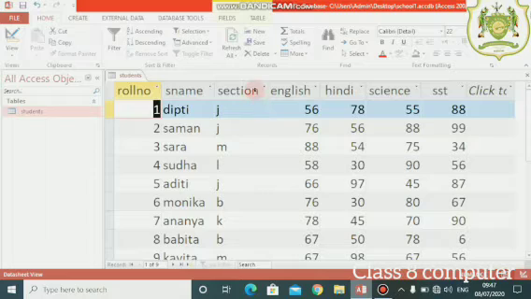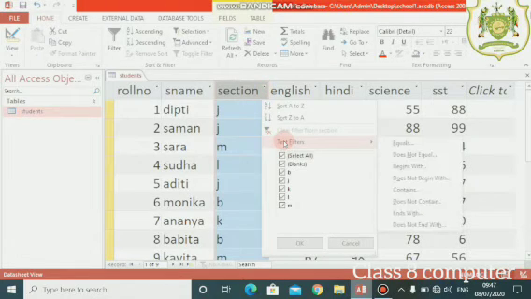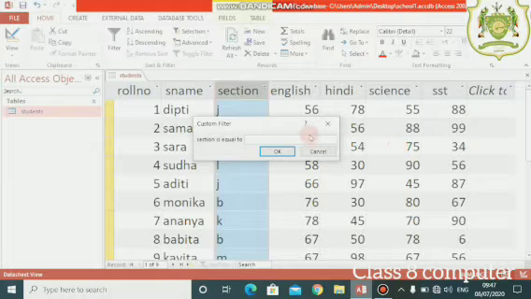Now, next example, just see, I want to apply a filter on the section. I only want to see the records of those students who are in section J. So what will I do? Again, I will go to the section heading, click on the down arrow over there and then go to the text filters again. Text filters, now I will take the filter option as equals. What will I put there?